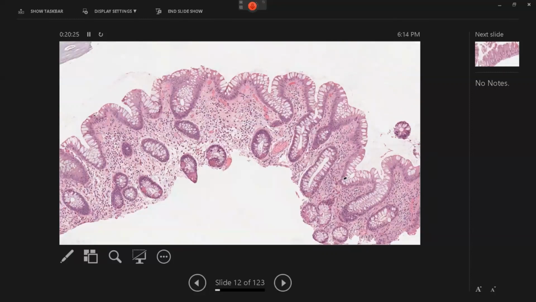Let's move on. So this is another example, another case, and what you are able to see as well, you might look into these inflammatory cells and say, well, I don't feel that there is a significant increase in the inflammatory process. There is no increase in lymphoplasmacytic inflammatory cell infiltrate, and there isn't anything acute.